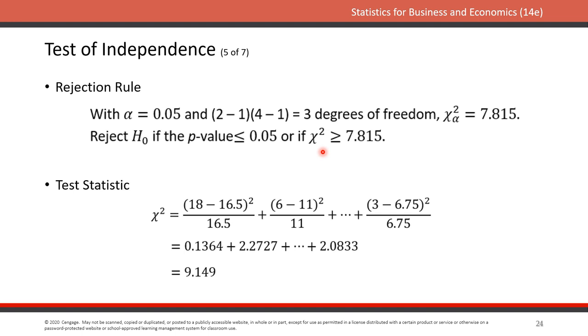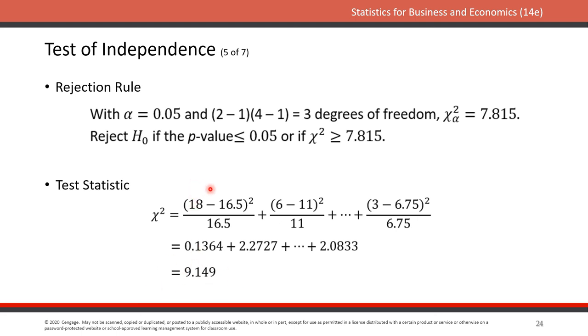So we do have 4 columns here. We have 2 rows. Doing 2 minus 1 times 4 minus 1 in my magic box gives me 3 degrees of freedom. I look at my chi-squared cutoff for that as 7.815 for my alpha of 0.05, and so I'll compare P to alpha of 0.05 and my test statistic to my cutoff. So calculating my test statistic real quick, I see my test statistic turns out to be